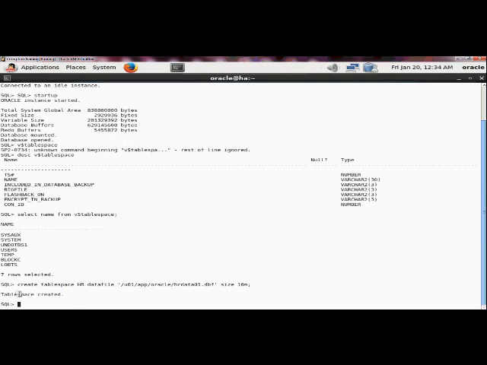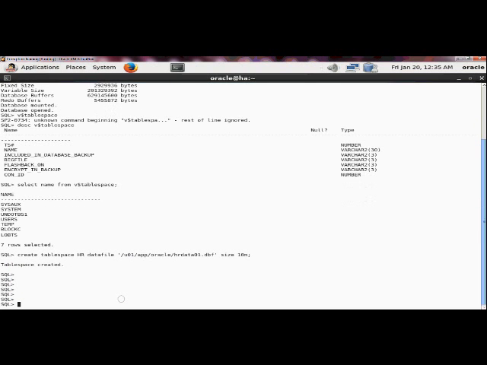So the tablespace is created. What does it mean? We have one tablespace created whose name is HR, and it has one datafile at this location.